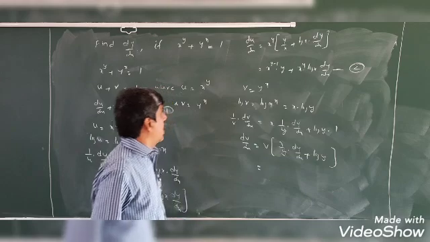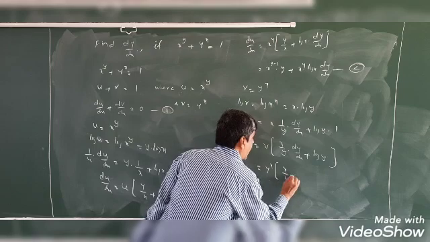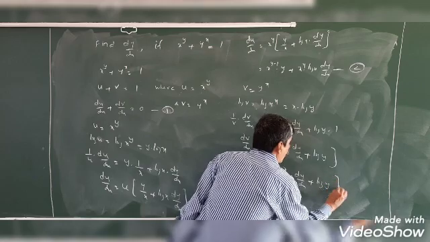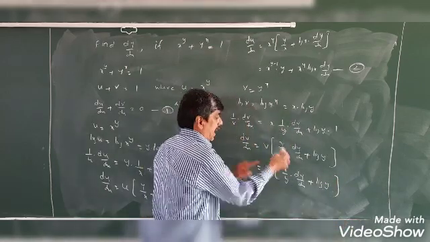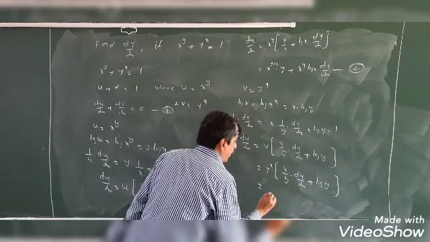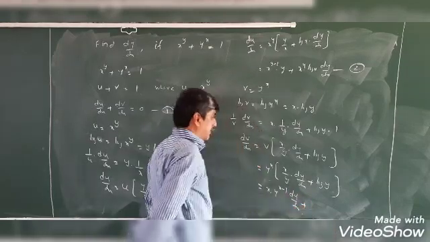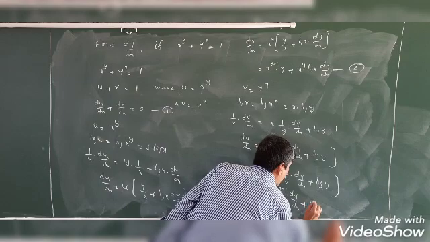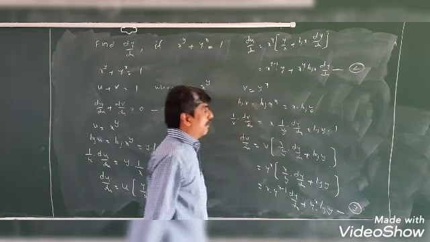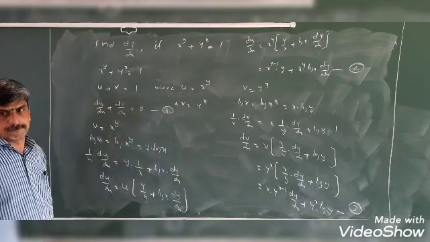And v is y power x. So y power x into x by y into dy by dx plus log y. Then take this y power x inside the bracket and expand. y power x into x by y means x y power x minus 1 into dy by dx, plus y power x into log y. So take this as equation number 3. Substitute 2 and 3 in 1.